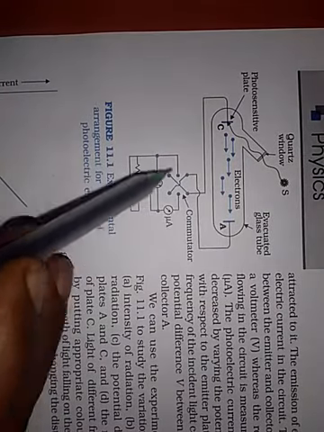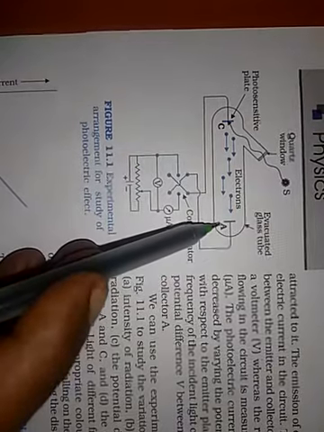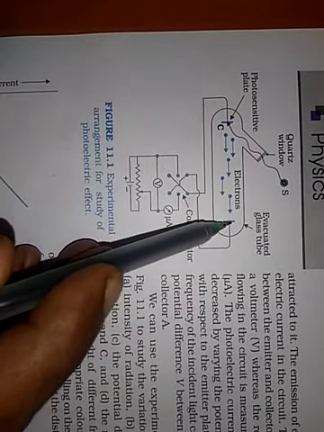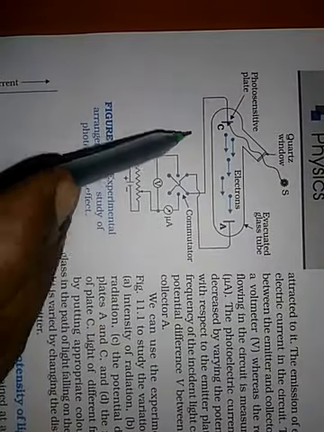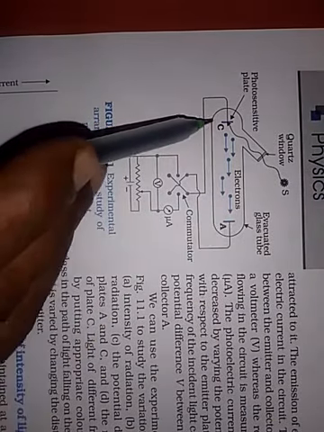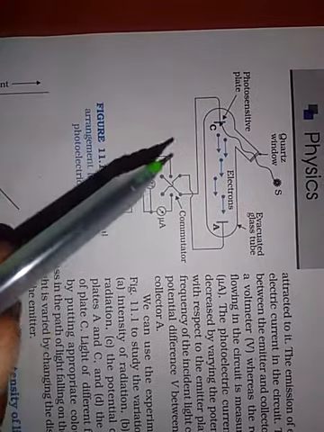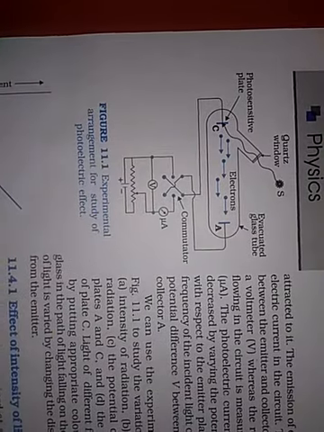This is basically a commutator, that is, you can make anode positive and cathode negative, or if you want to change, you can make this negative and this positive. So the basic idea of this setup is